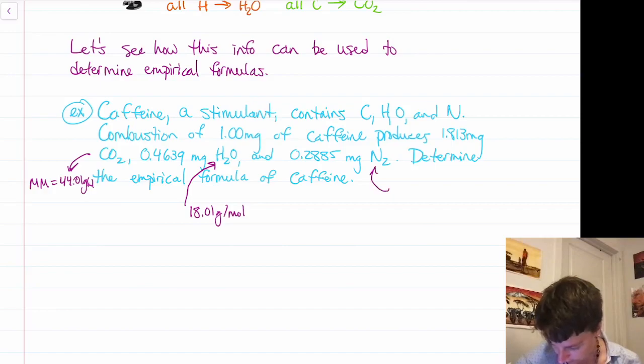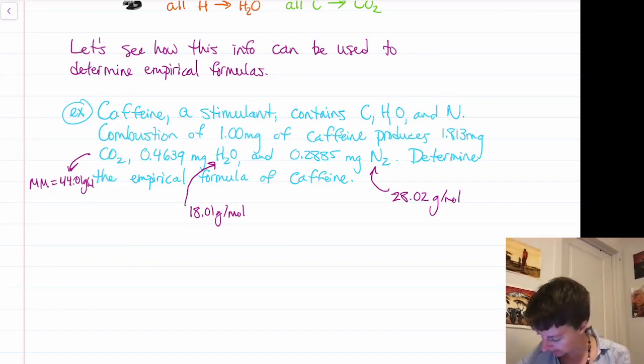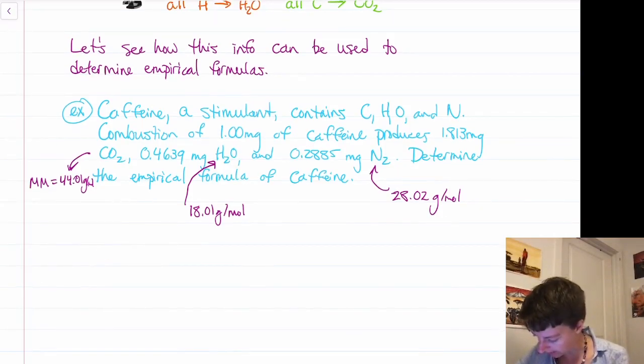And for N2, we get 28.02 grams per mole. Again, all that information we can determine from the periodic table in order to calculate our molar masses. So if we start thinking about the carbon dioxide, we know, or rather we can calculate, that all of the carbon dioxide,